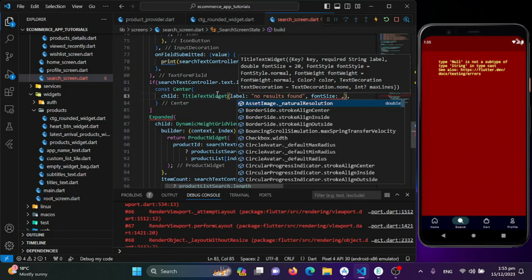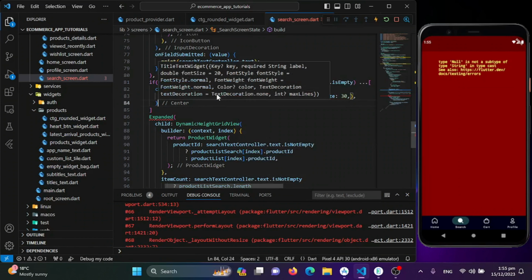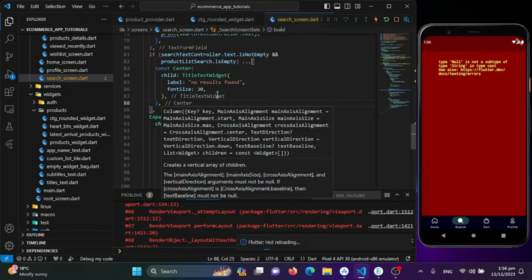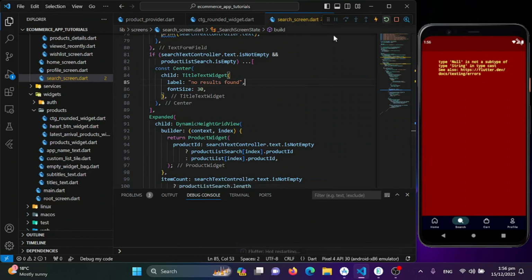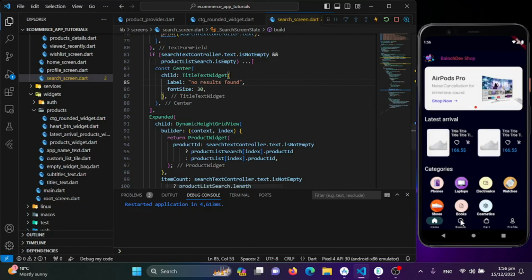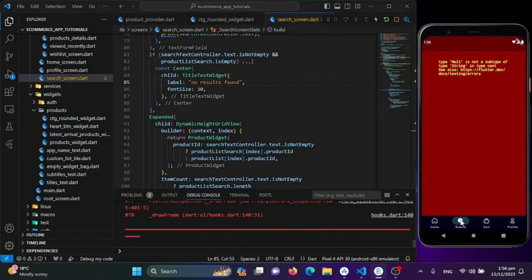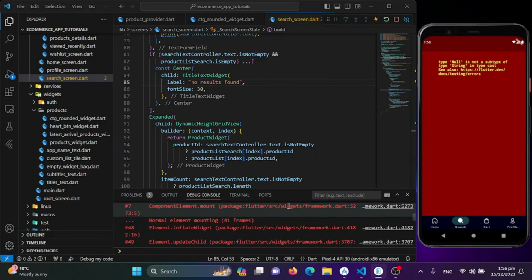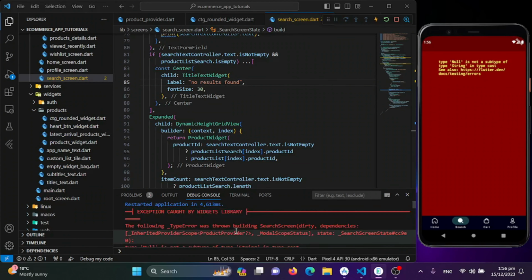So for me I'll just make it 30, and here we just need a comma, and here we just need a comma. So now I hot restart this application again. Now I will be moving to my search screen again, but we are still getting that error. Don't know why, but we will be tackling that now. Search screen dirty